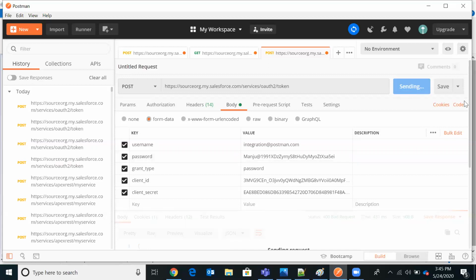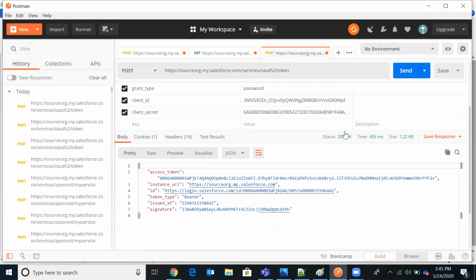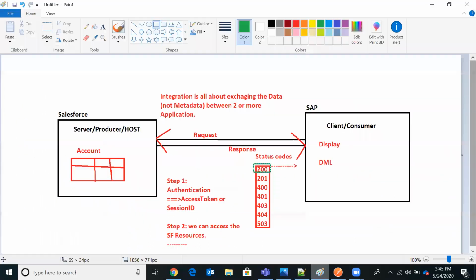Now if I pass this, I got a 200 status code as successful, right? So what we have seen is 200, and 400 also. 400 will come when your request is not correct.